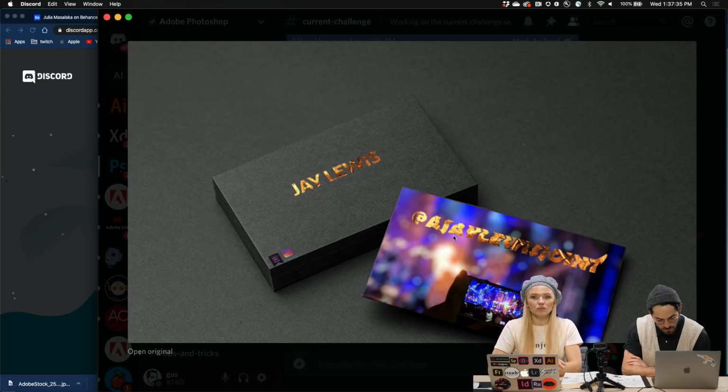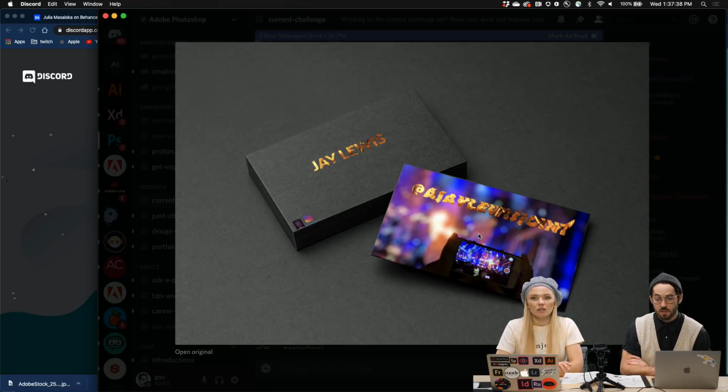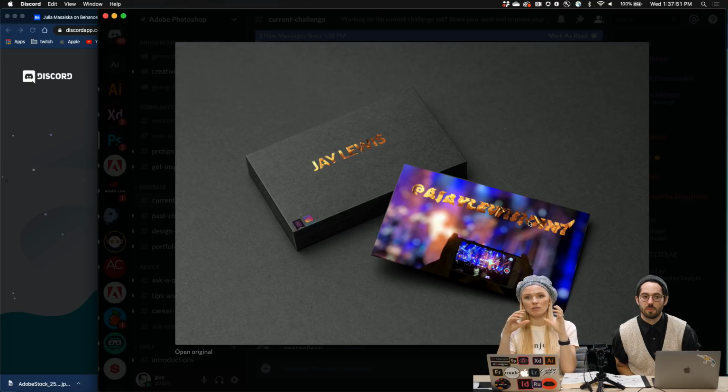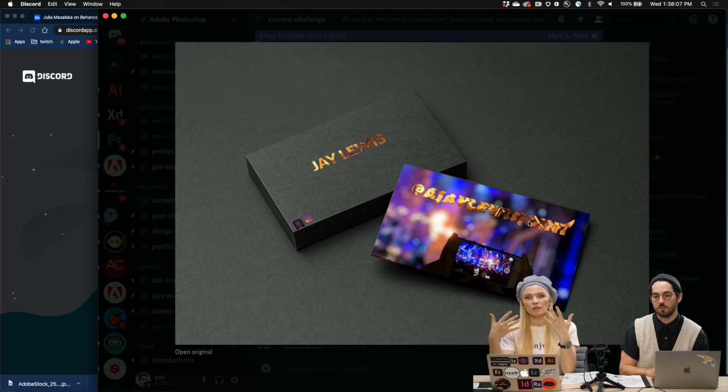Okay, this is a bit difficult to read because it's a bit distorted. So the challenge was to do Liquify and warp filter, so I think that's why it was done. Yeah. But maybe not on that part. I would leave a little bit more kerning, more space between the letters, so it will be better readable. Then I think the background image also plays a big role because it has those gold tones in it as well. So the contrast between the gold and the photo that you took in the background is pretty low, so it makes it very difficult to read.